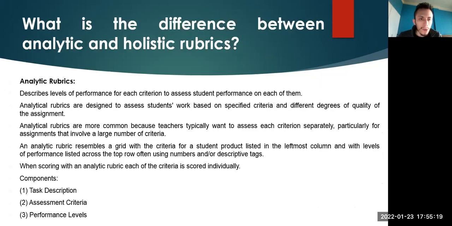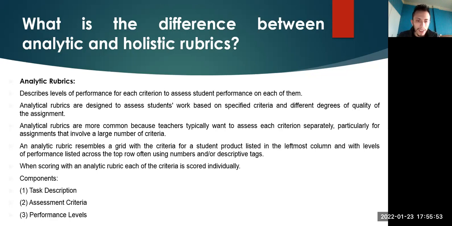The next question, what is the difference between analytic and holistic rubrics? First, analytic rubrics describe levels of performance for each criterion to assess student performance on each of them. Analytic rubrics are designed to assess students' work based on specific criteria and different degrees of quality of the assignment. Analytic rubrics are more common because teachers typically want to assess each criterion separately, particularly for assignments that involve a